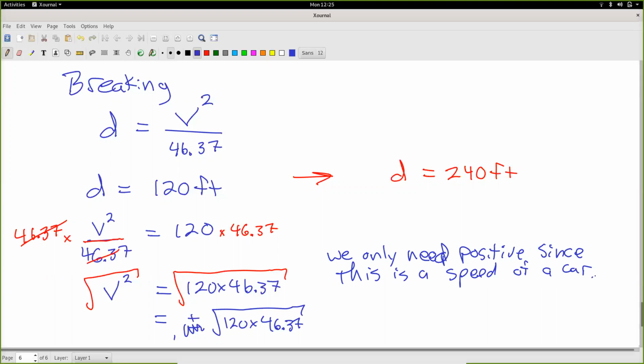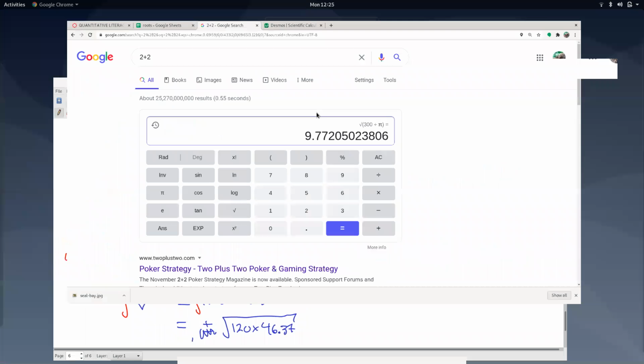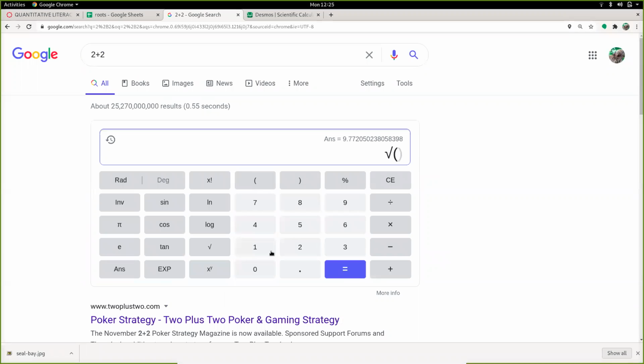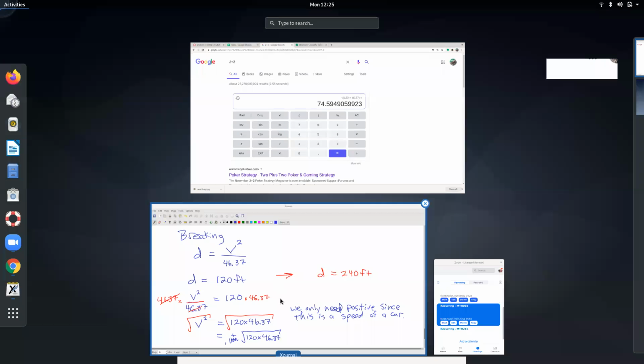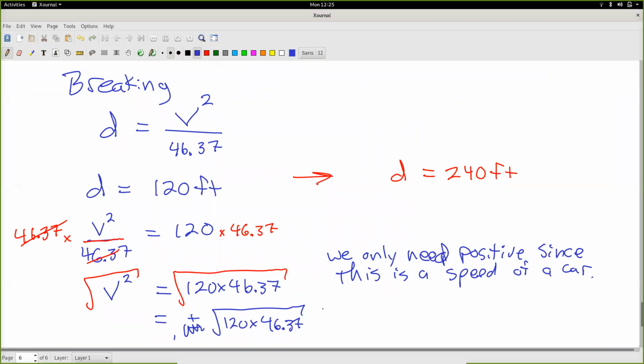All right, so then it's calculator time, and we ask our calculator, what is that? So square root of 120 times 46.37, close parentheses. I get about 74.595. So this is about